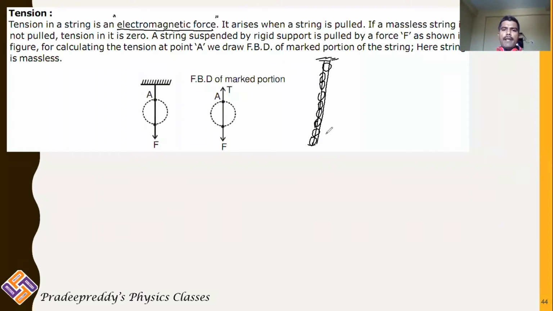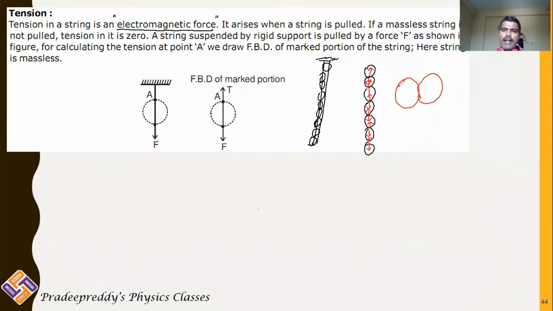Now, as we know, there is molecular interaction between two molecules within a substance. Likewise, within this solid wire, there will be interaction between two atoms. If you consider atoms like this, which make one material, there is interaction between each pair of neighboring atoms. Like that, if you consider one atom here and the other atom here,